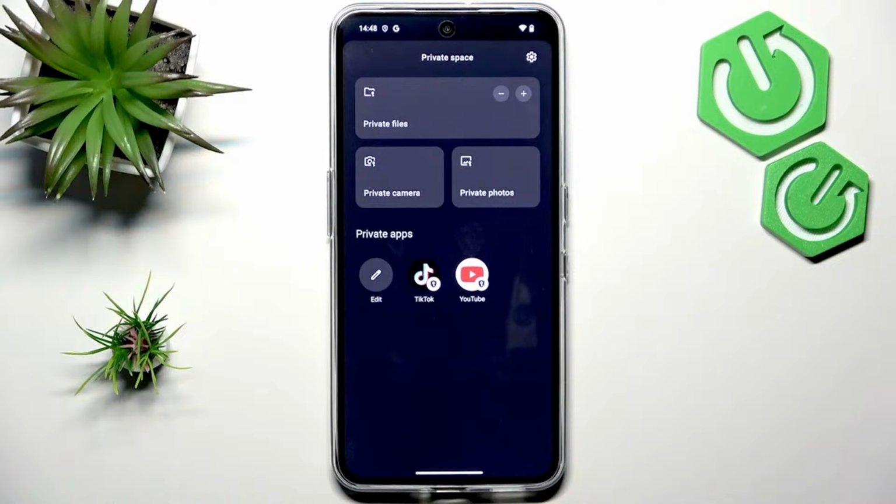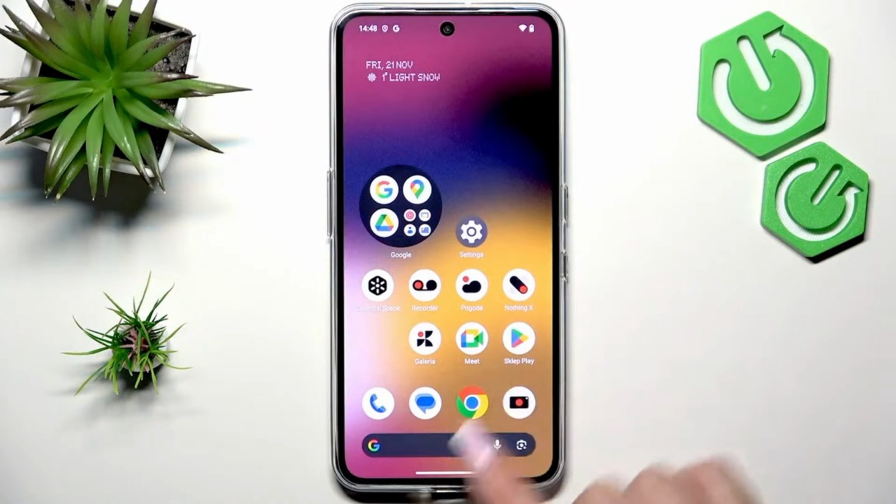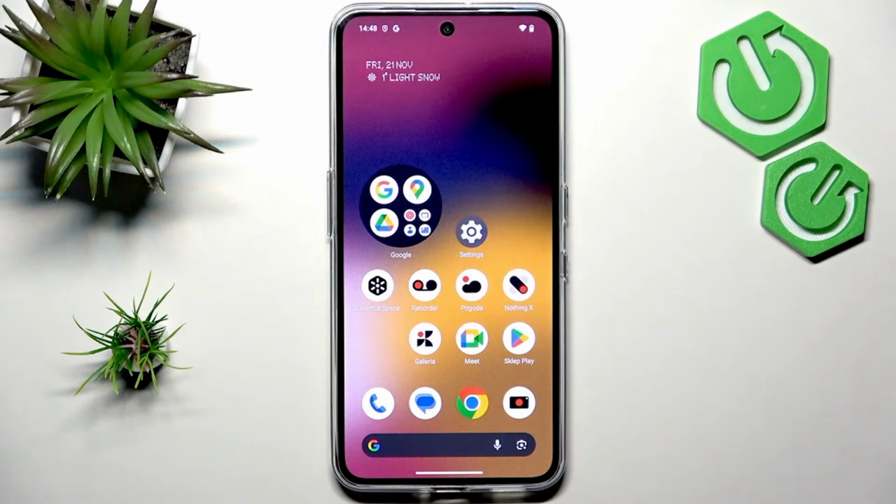So yeah, that's it, and let's exit this private space. Let me show you how you can enter it. You have to